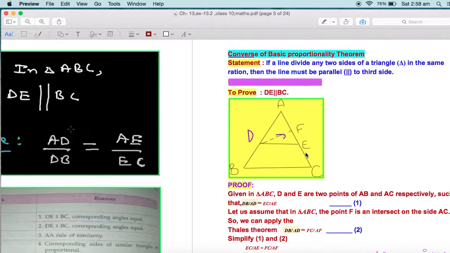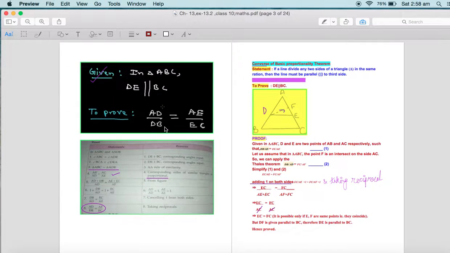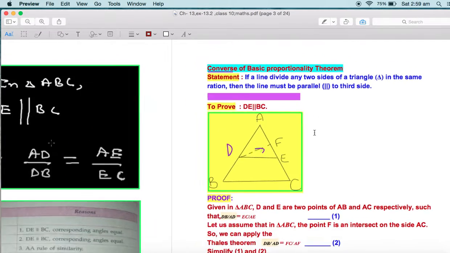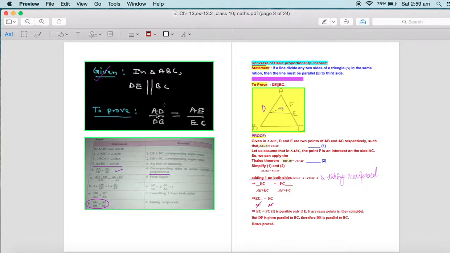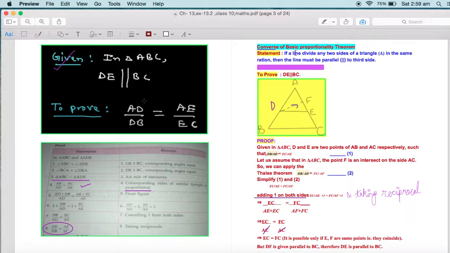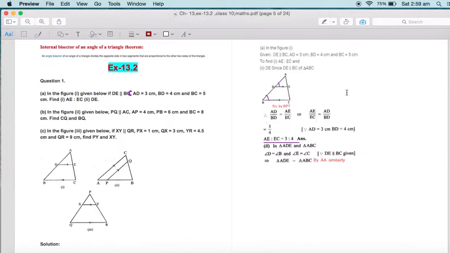Depending upon, as I said earlier also, what the question is actually asking us: if the lines are given parallel and we are supposed to prove the side ratios equal, or we are given the ratio of the sides equal and we have to prove the lines parallel, we will use BPT or the converse of the basic proportionality theorem. Before getting the required results, you are going to give the reasoning very clearly. For the first one, it's by BPT, and when lines are to be proved parallel, you need to write by converse of BPT theorem. Let's move to the next.